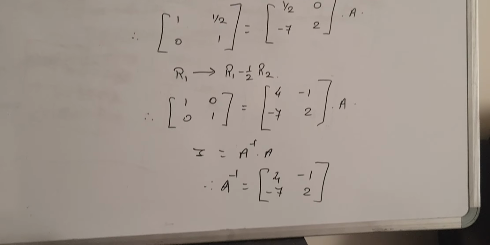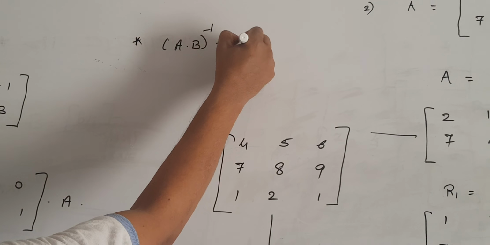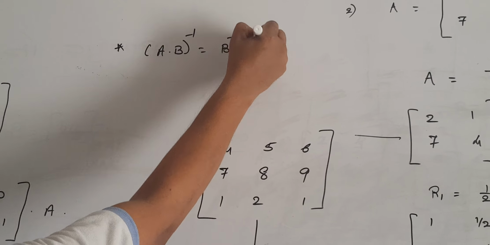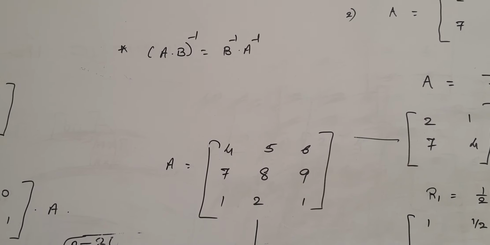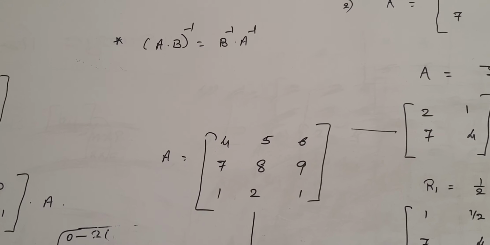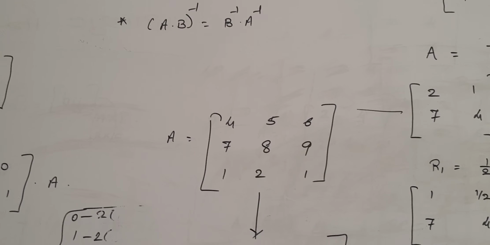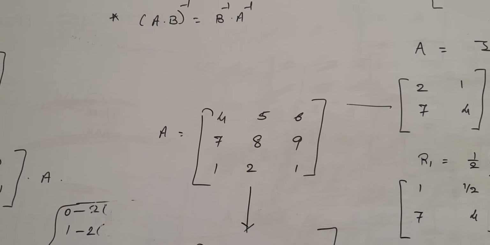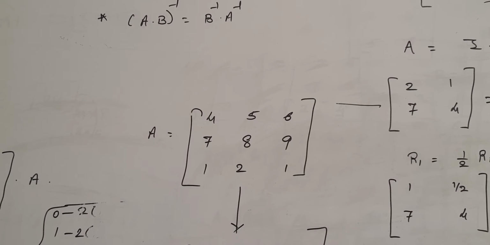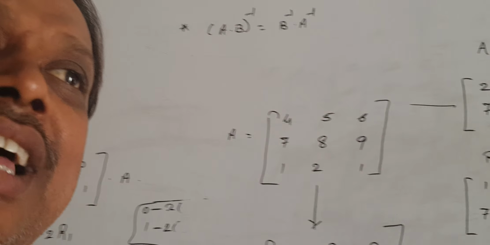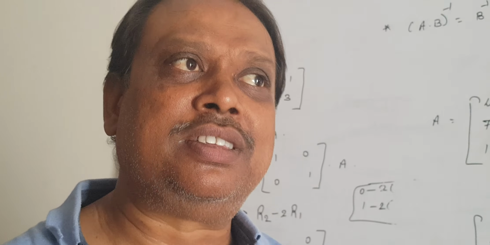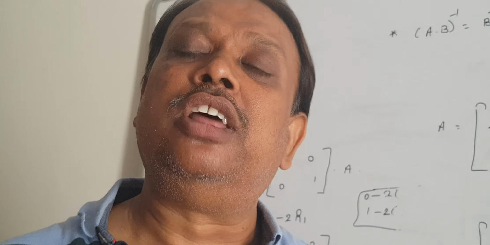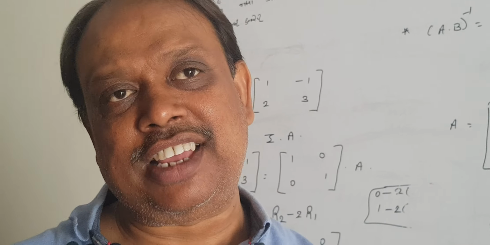Now from the matrix you can say this property, I just forgot to write that: (AB) inverse is equal to B inverse into A inverse. See, in the next exercise, so many sums are given based on this. (AB) inverse is equal to B inverse into A inverse. Now, please do exercise number 3.4 based on this and also the miscellaneous exercise.